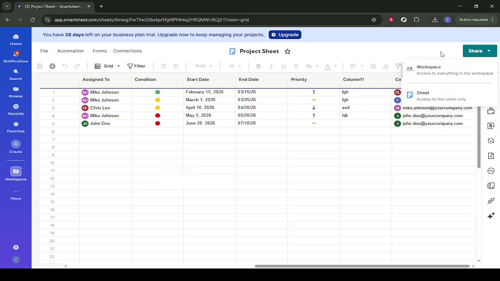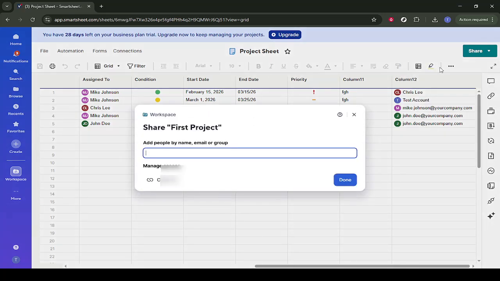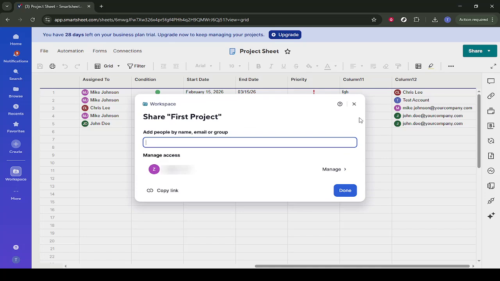After you click that, a menu or side panel will appear. From there, you want to click on Workspace. The Workspace is the container that holds your sheet, along with any related reports or dashboards. By going to the Workspace, you're accessing the higher-level sharing and permission settings, which is where you can control who